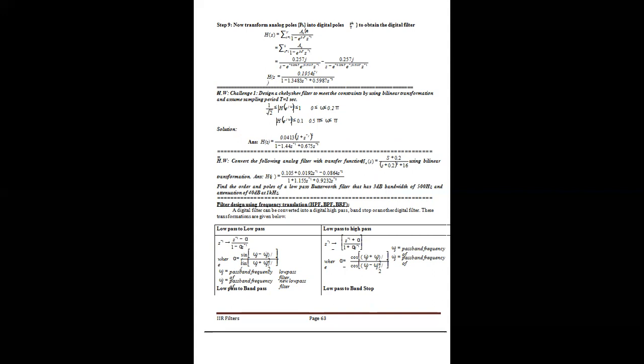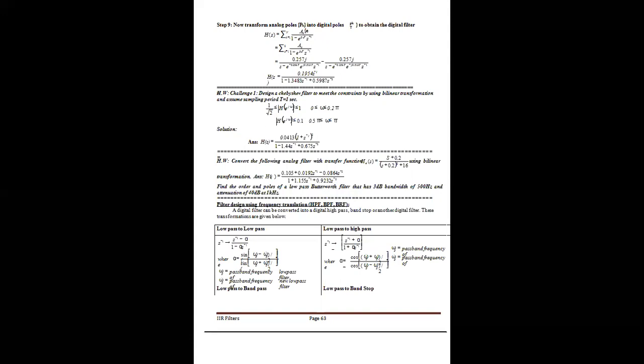This is replaced by the pole's value, e^(-0.256) e^(j 0.513). Substituting all of that, we get H(z) equivalent to 0.1954 z^(-1) divided by 1 minus 0.3483 z^(-1) plus 0.5987 z^(-2).